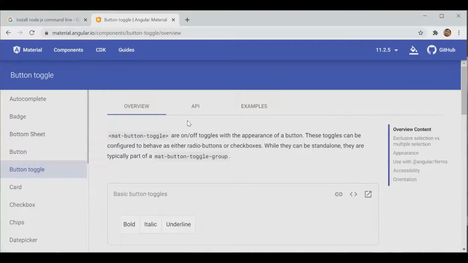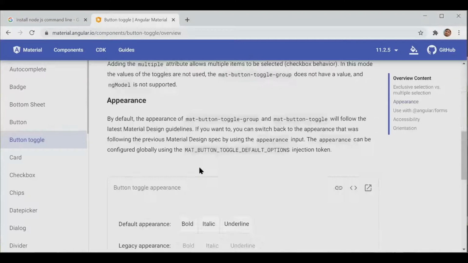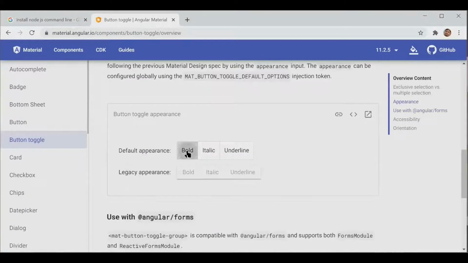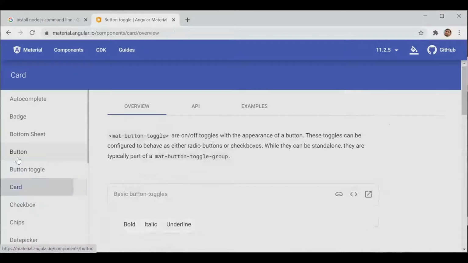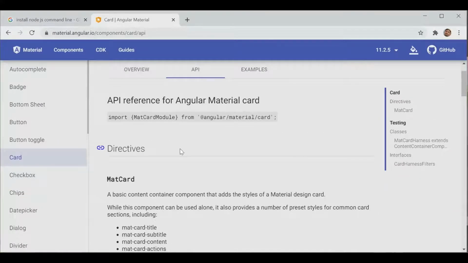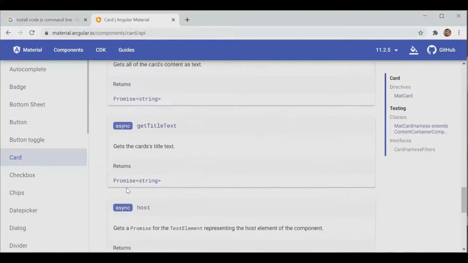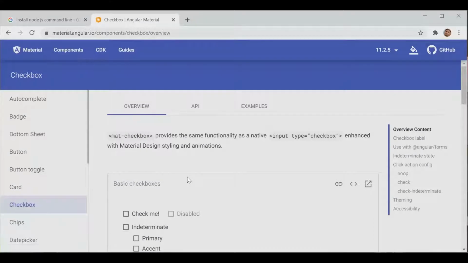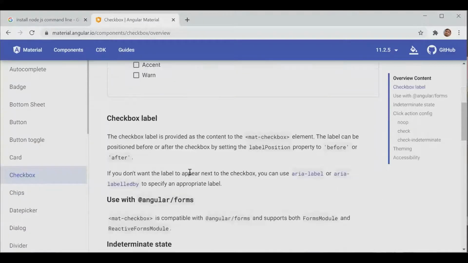In the same way we have a button, toggle button, card. This material design is also used by Google itself, and we can get the code from GitHub also. Many companies, maybe 75%, are using material design, Teradata or Kendo UI.